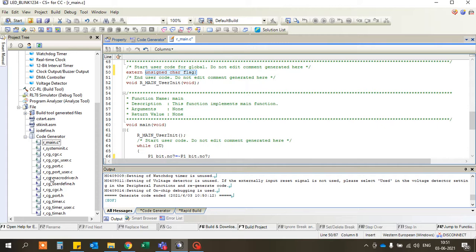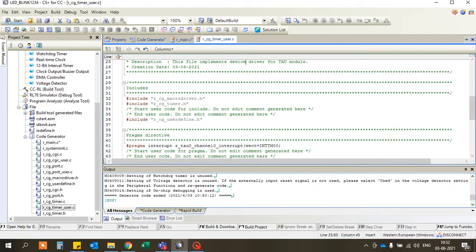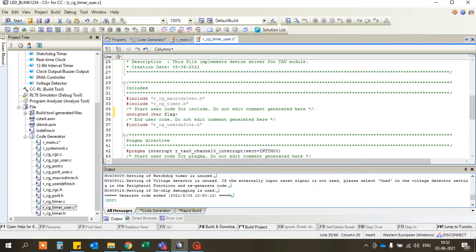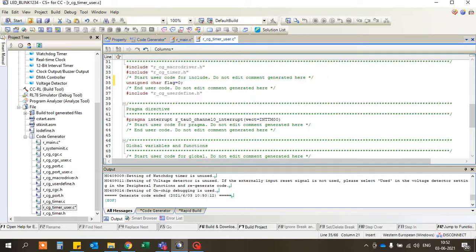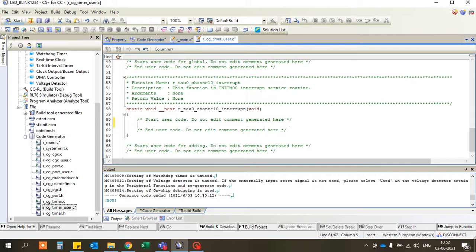So in the timer user.c file, we already have the extern. This is an interrupt function for the timer. Every 500 milliseconds an interrupt is generated and the flag is set. I have kept flag equal to 1. Every 500 milliseconds your timer comes here.